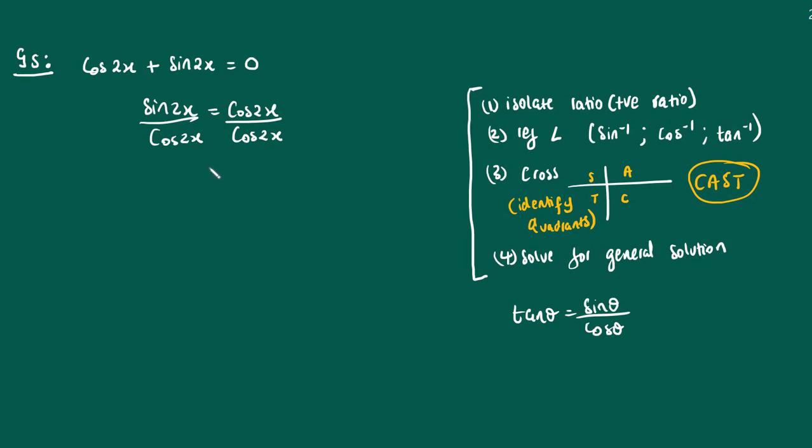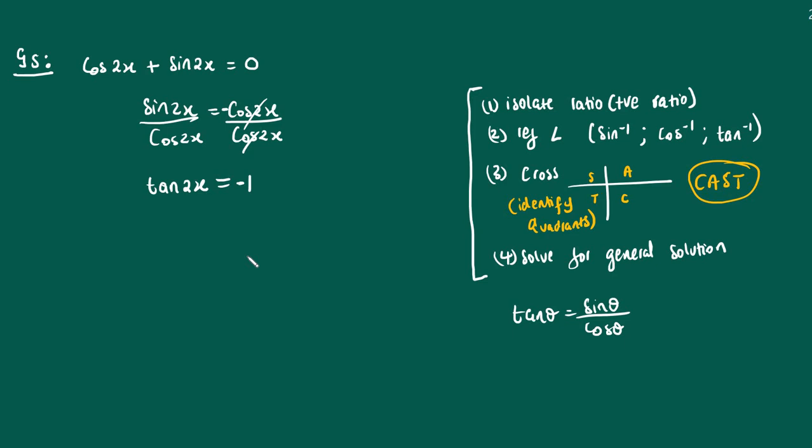Cos must be on the right, so you simply take that cos to the other side, you divide by it, then you get that here you're gonna have 1, and then here, sine. Yes, ma'am? So, I think when you take cos 2x to the right, it becomes negative. Yes, becomes negative. Sorry for that. So there is a negative here, and then even here we have a negative. That's good. So we have tan 2x equals negative 1,